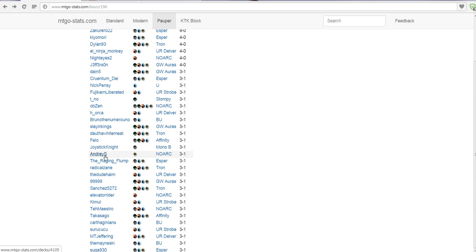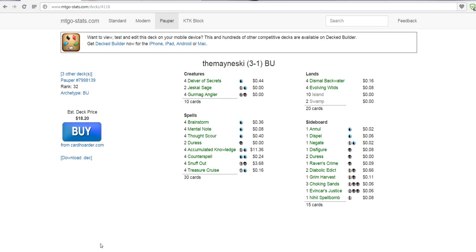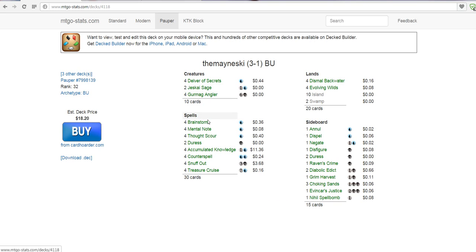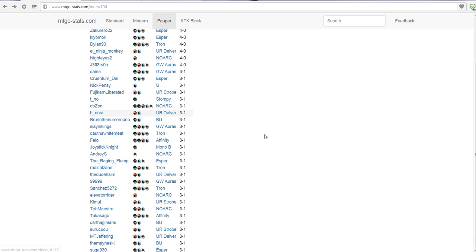What else is very interesting? Andre had another good finish with a mono white weenie list. I saw him play this list before, and this is nice. What else is interesting, and what else do I like about this one? We have another fast approach of the Tempo Angler deck, which is two Cheska sages and fewer counterspells but Snuff Outs. This is the standard list that Pascal 3000 started to play,